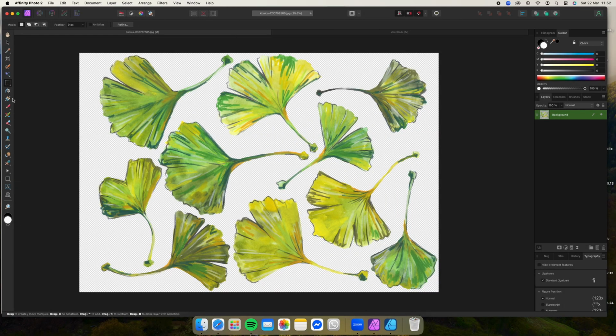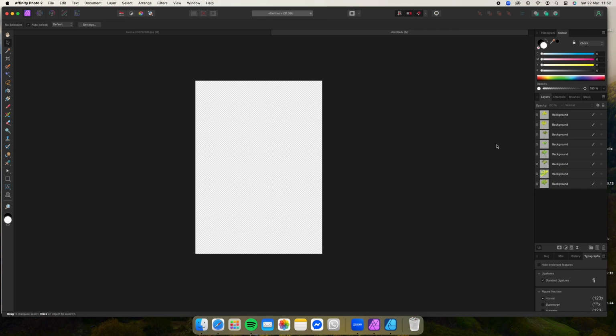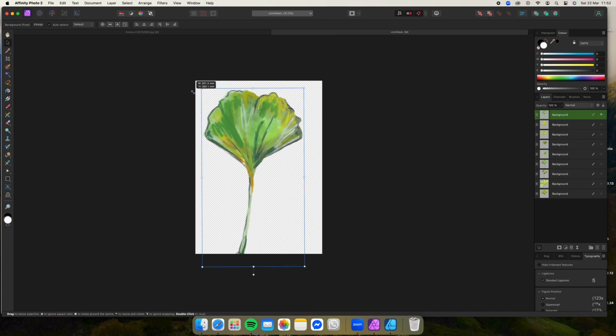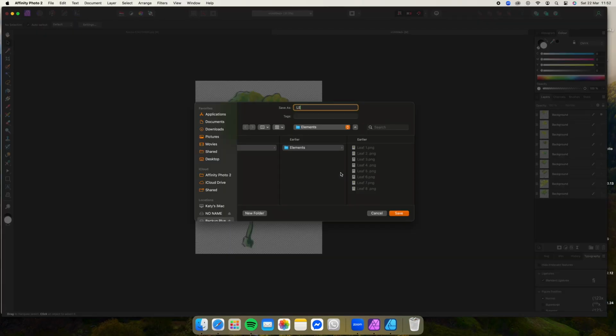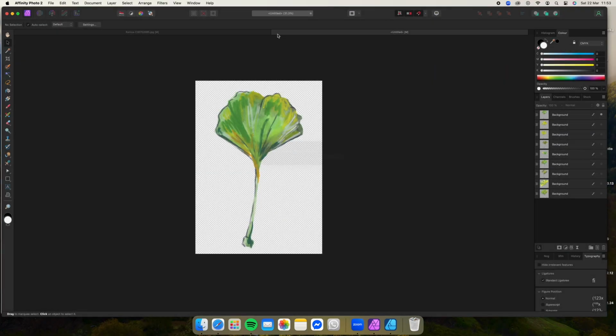And so basically what I've done is I've thrown it into photo, I've removed the background, and what I'm doing now is I'm actually taking each individual leaf off that one scan and making each one an individual PNG. This is going to make it 1,000 times easier for me to actually create designs and move them around on a page, because each one is individual.